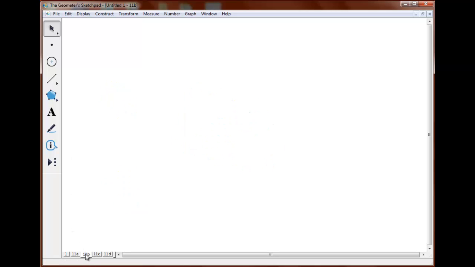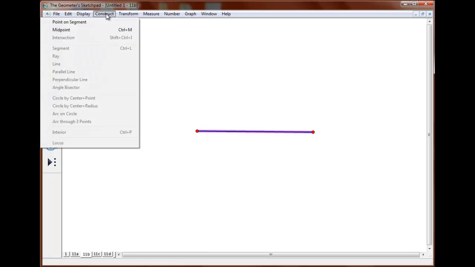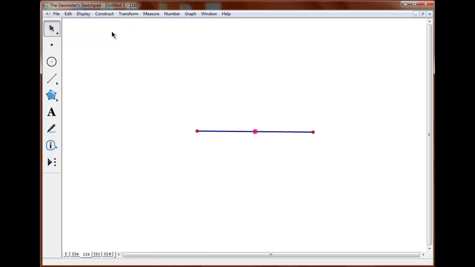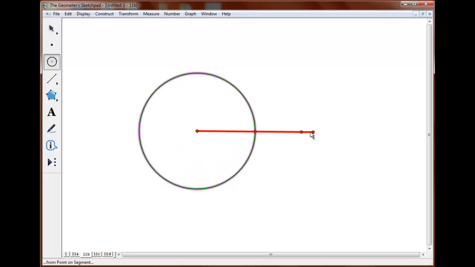Now we'll go to 11B. Create a tool that constructs a circle surrounded by 6 tangential circles. So I start out by drawing the 2 inputs, and then I construct the line segment between them so that I could get the midpoint, because that's the point where the 2 circles are tangent to each other. And then I can construct the 2 circles,